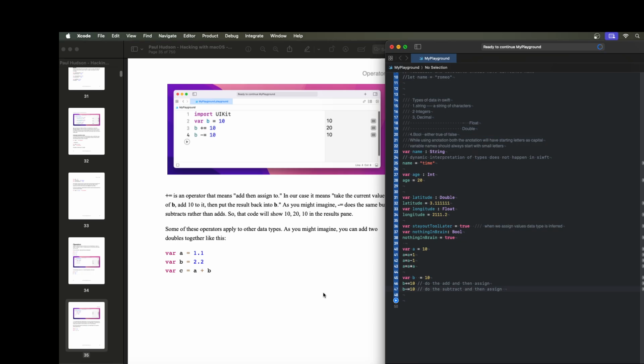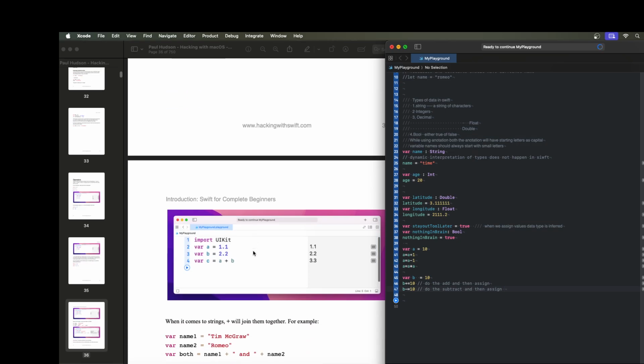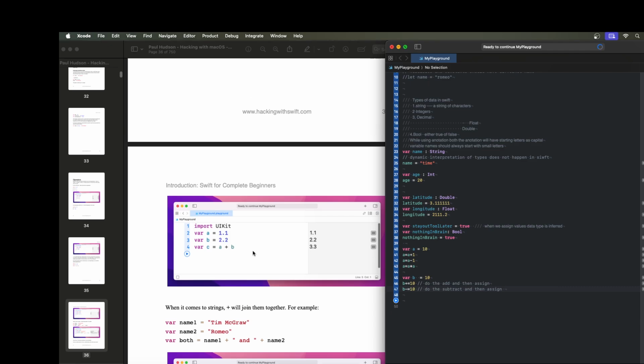Now some of these operators may apply to other data types. As you might imagine, you can add two decimals. When it comes to strings, when I'm adding strings, it will do string concatenation. For example, string 1 is, and then var string 2 is,